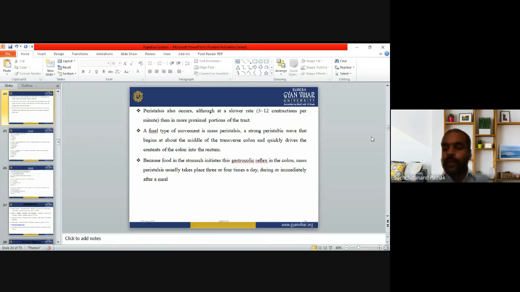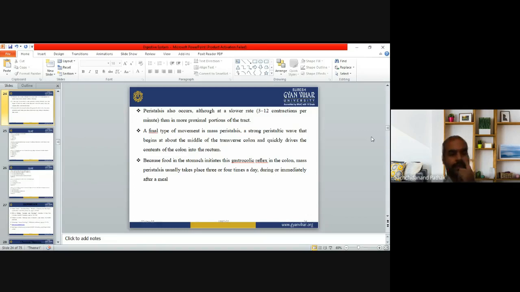A final type of movement is mass peristalsis, a strong peristaltic wave that begins at about the middle of the transverse colon and quickly drives the contents of the colon into the rectum. So after all these movements, the food goes into the ascending colon, the transverse colon, then the descending colon. Mass peristalsis starts at the middle of the transverse colon and quickly drives the contents of the colon into